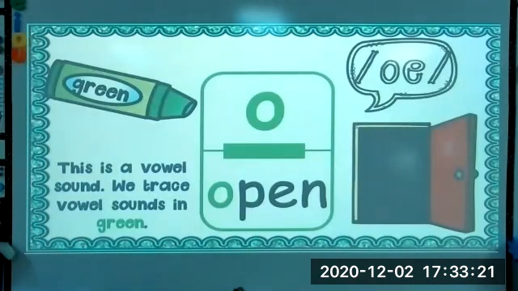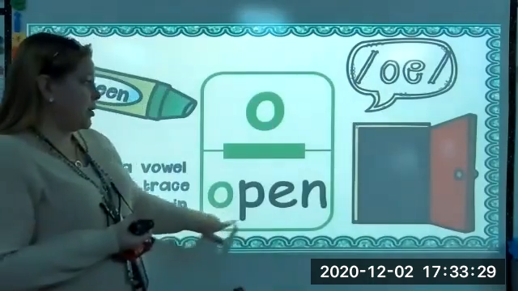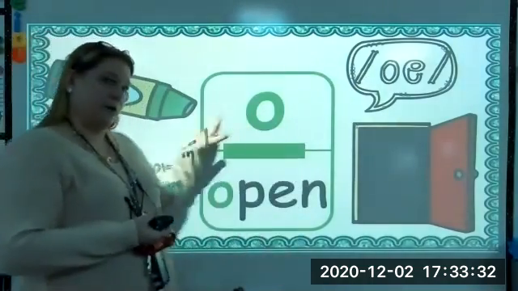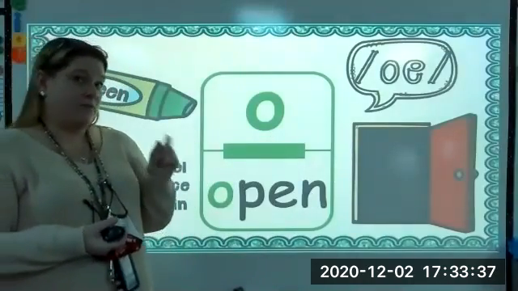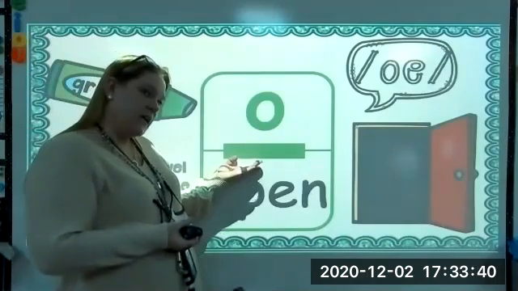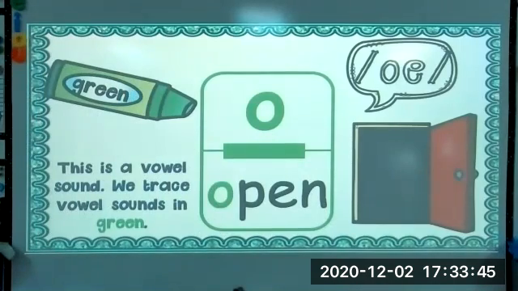So if we look on our vowel chart, we have the letter O for the sound O, like in the word open. Guys, look at this power bar. Think about the power bars we saw yesterday and how they were very small. What does this tell us? It tells us that when we are saying the long O sound, the letter O is used a lot more often than the other ones.